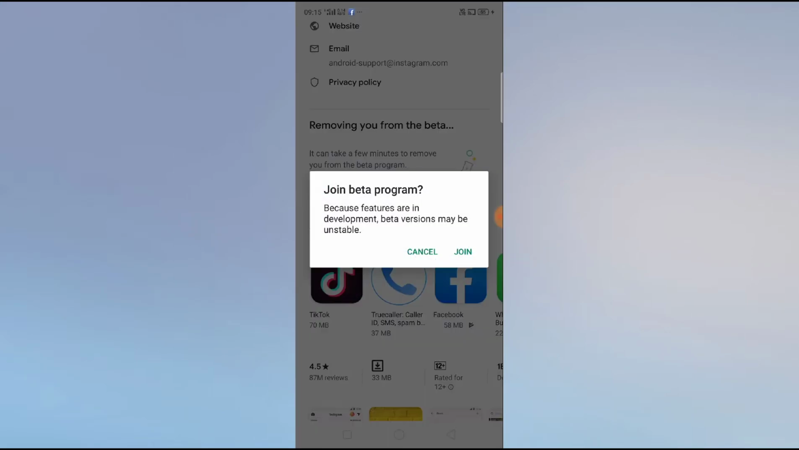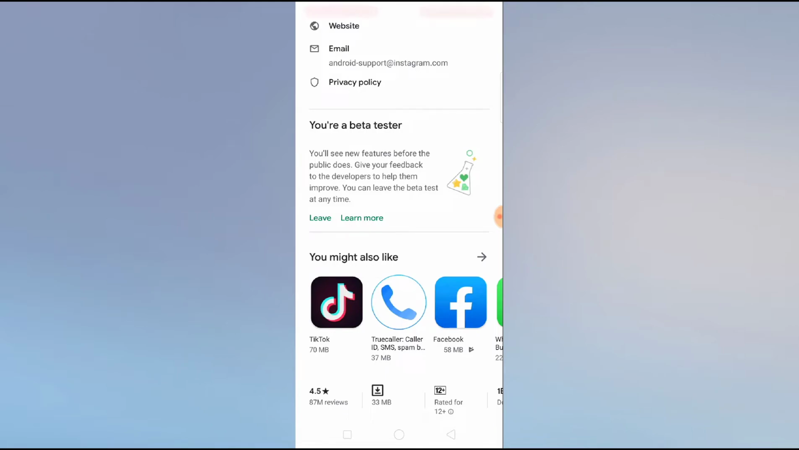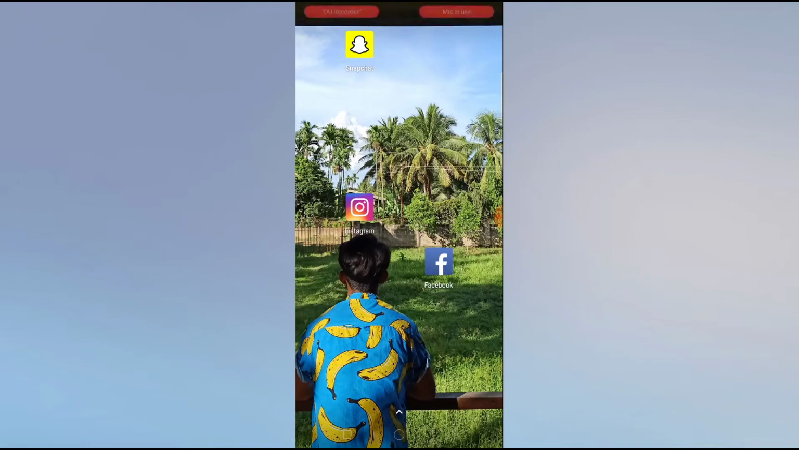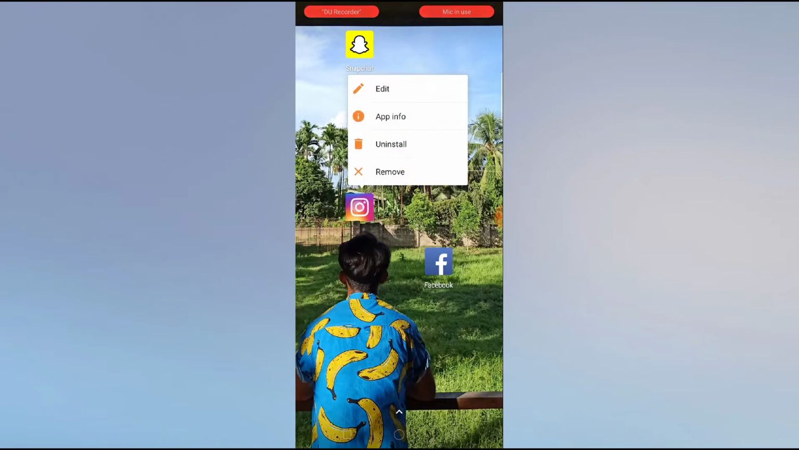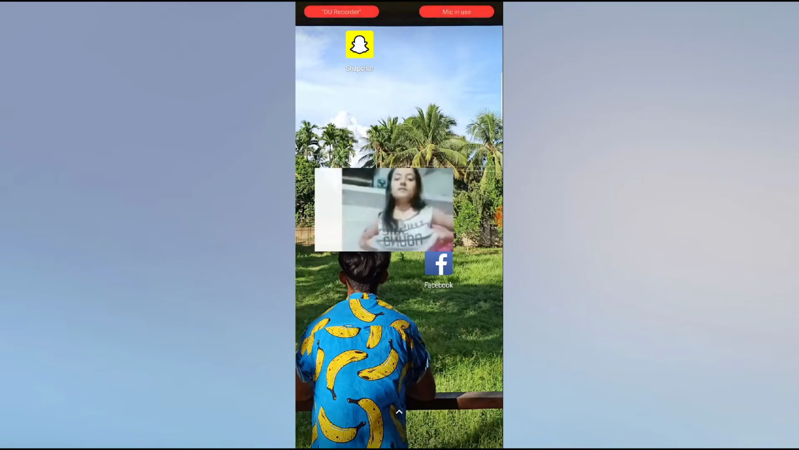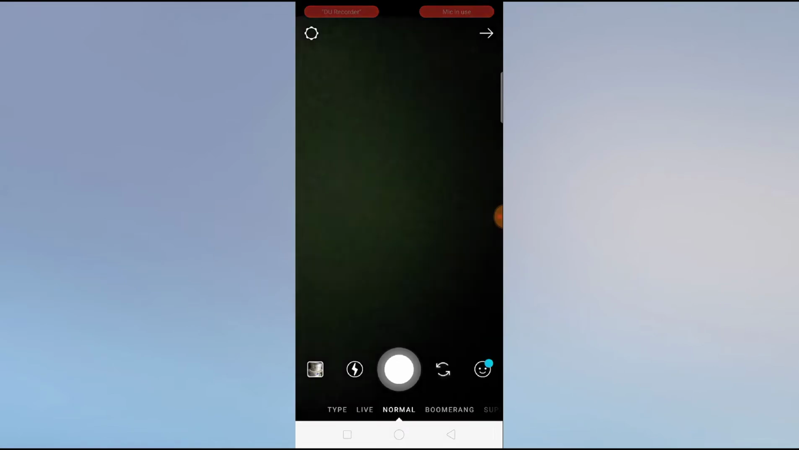So you have to join here and then you have to switch off your phone and switch it on, and after that what you have to do is uninstall the Instagram application and then reinstall it. And after that what you have to do is log in and see whether you can see your